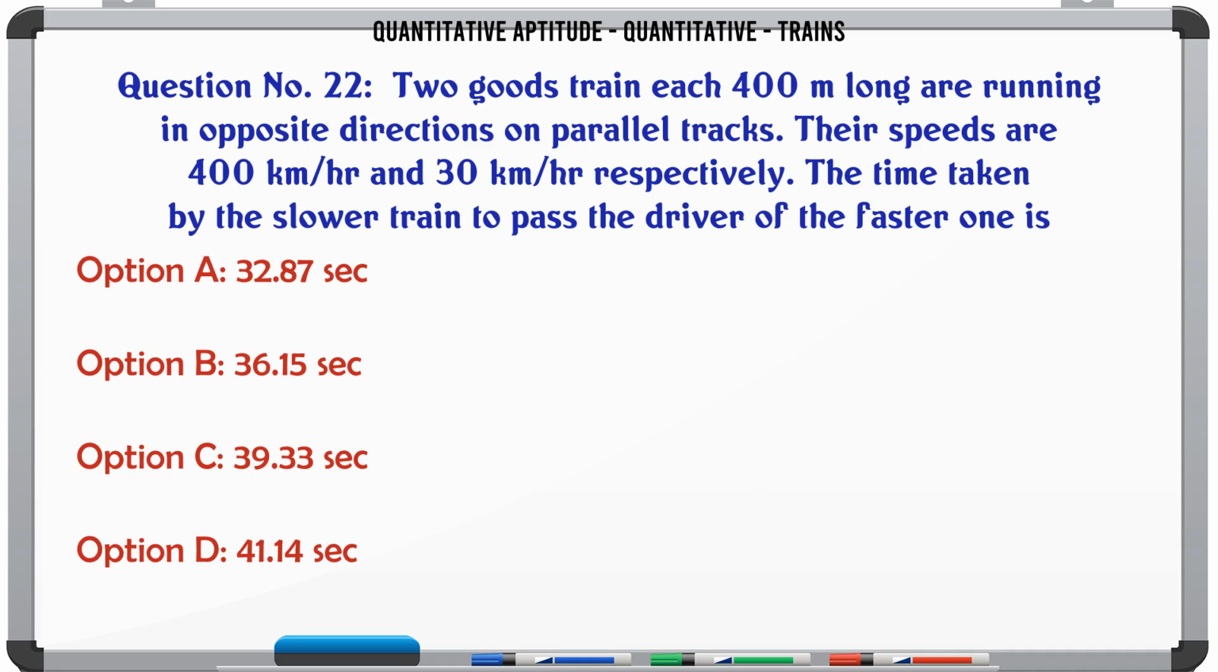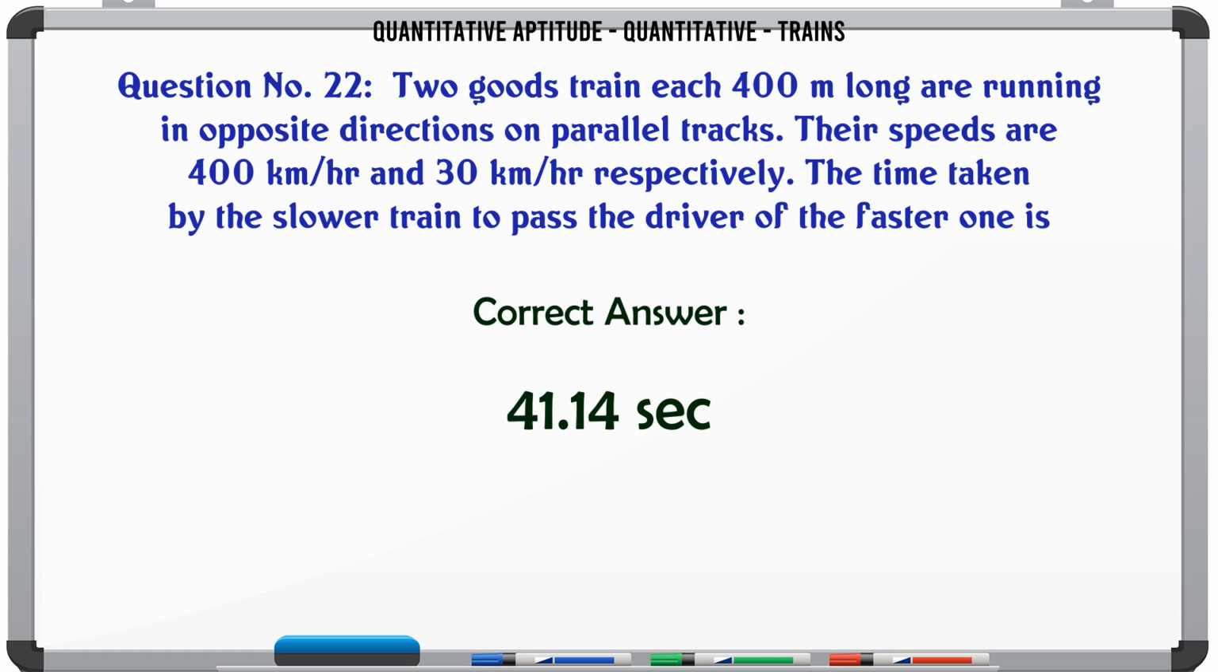Two goods trains each 400 m long are running in opposite directions on parallel tracks. Their speeds are 40 km/h and 30 km/h respectively. The time taken by the slower train to pass the driver of the faster one is A 32.87 sec. B 36.15 sec. C 39.33 sec. D 41.14 sec. The correct answer is